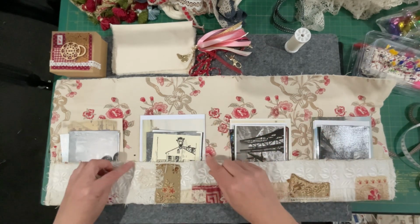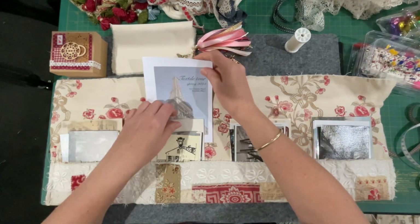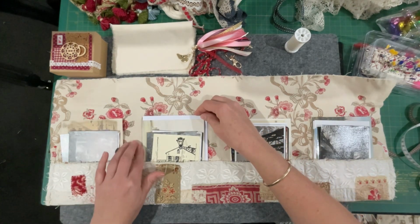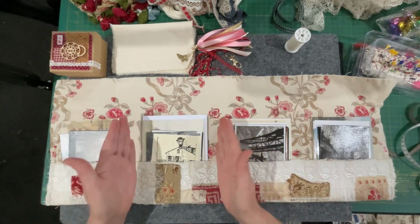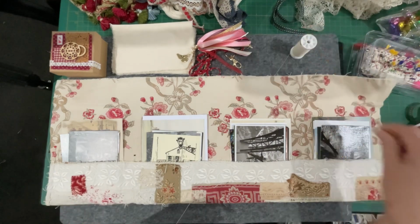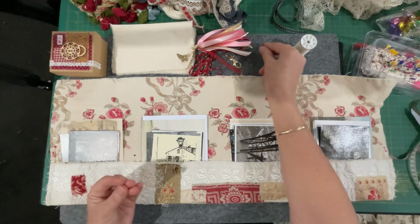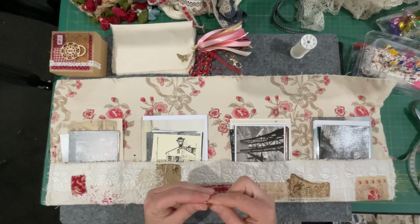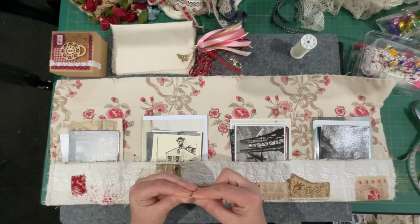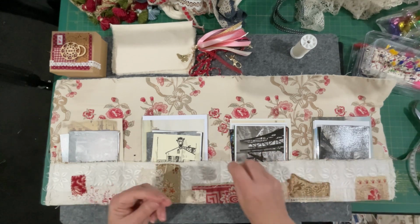Now this pocket in particular, I really want to include the little brochure the girls gave us for the textile tour. Now it's slightly bigger than the postcards. So being it's the last pocket I need to secure, I can put my little stitch in exactly where I need it. So if you had some maps or some flyers in addition to the postcards, this extra little stitch that I'm doing to stop things from slipping and sliding can be put